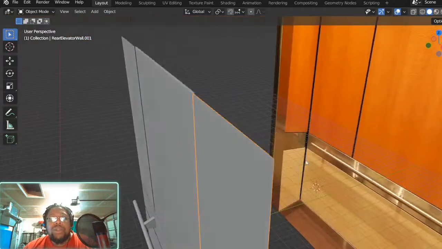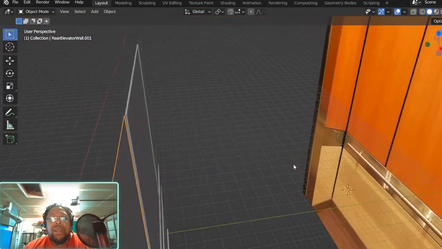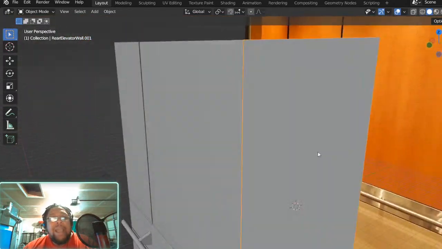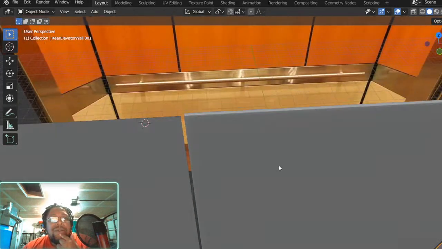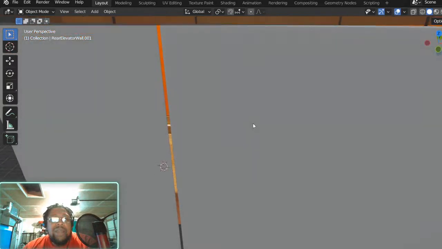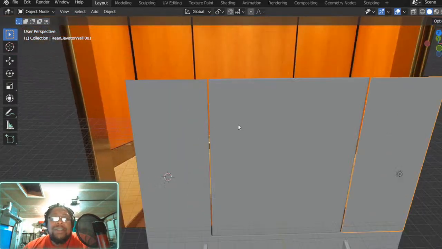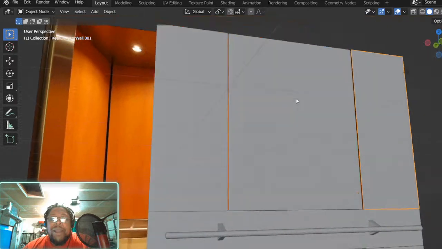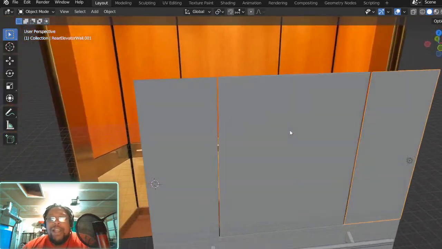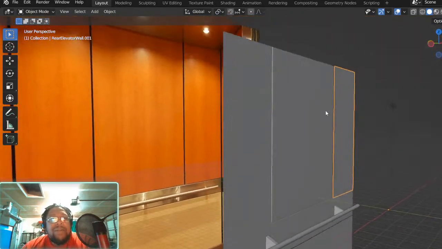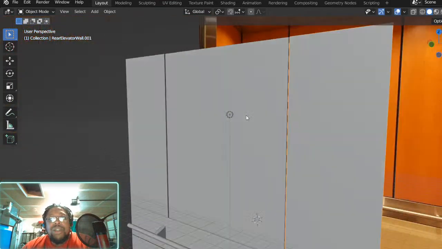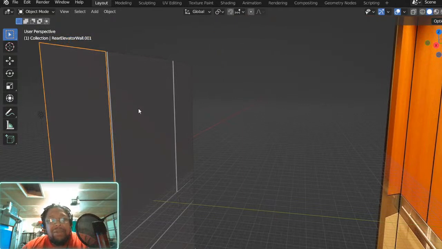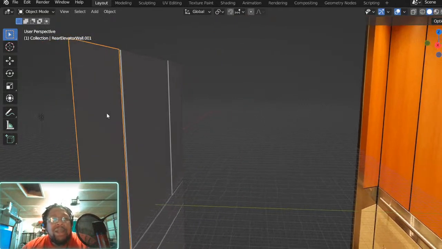Now I just need to extrude those back. Give it that same feel. I probably didn't need to do that subdivide on this then, if I was gonna pull these apart. See what happens when you don't have a plan in mind, you just work as you go. Now I realize I really didn't have to do that with those. Really and truly. So I'll leave it on this one, but I won't do it on these. I'll just go ahead and extrude those back.